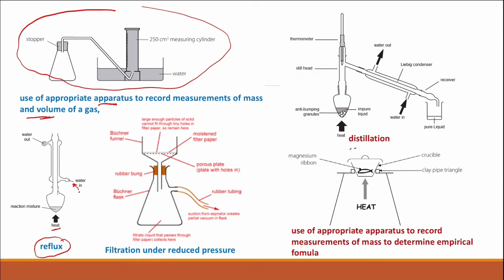And then using distillation as well. So you have to draw the thermometer, you have to draw your Liebig condenser. Liebig condenser, of course, the water will go in from the bottom, go out from the top. Again, the heat, and then the receiving flask. And finally, use an appropriate apparatus to record measurement of mass to determine empirical formula. So if they ask you about that, so